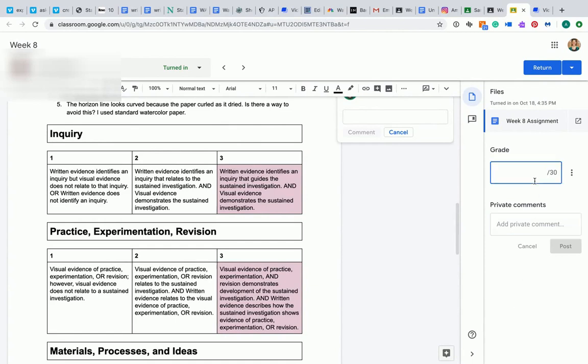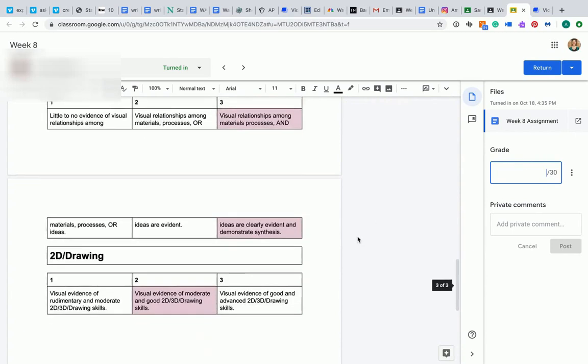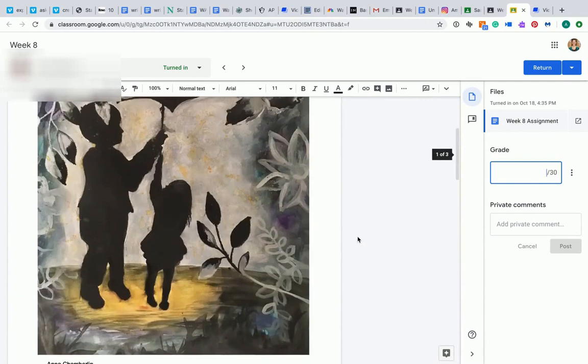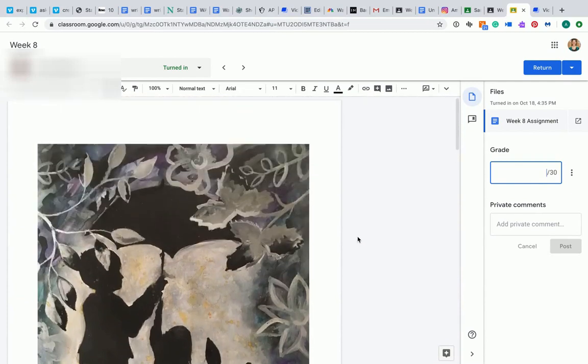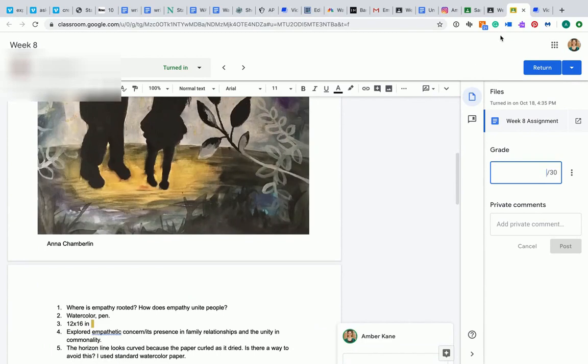Then you enter the grade that they're getting and you hit return. This sends it back to the student so they can see all of your feedback and what their grade is. This also makes it show up in the grade book. So everything is happening in one seamless system that makes it really easy, hopefully, for you to grade students'